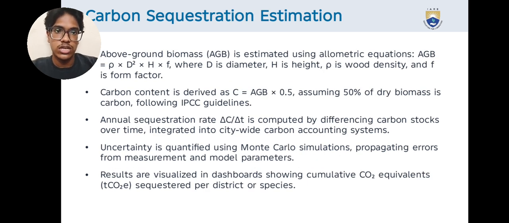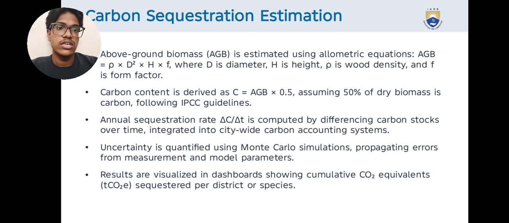Carbon sequestration estimation. Aboveground biomass AGB is estimated using the allometric equation AGB equals rho times D squared times H times F, where D is diameter, H is height, rho is wood density, and F is form factor. Carbon content is derived as C equals AGB times 0.5, assuming 50% of dry biomass is carbon, following IPCC